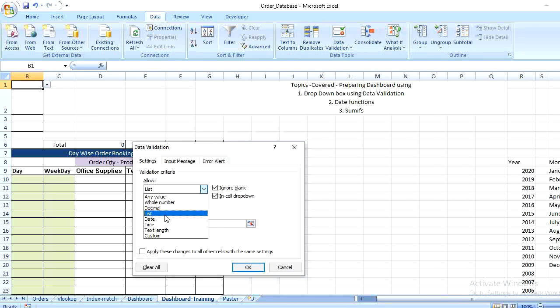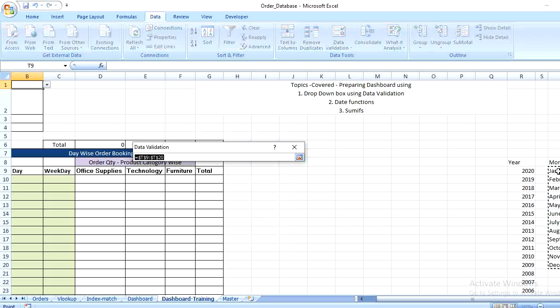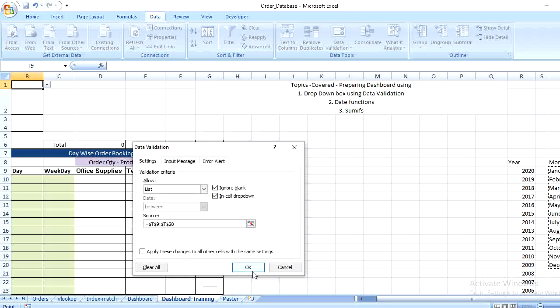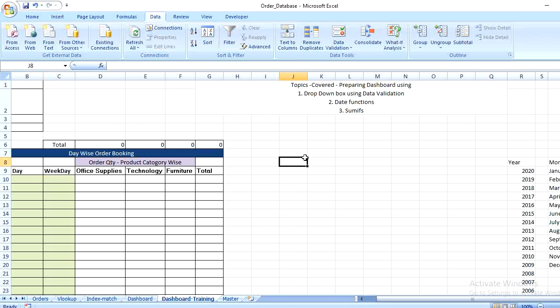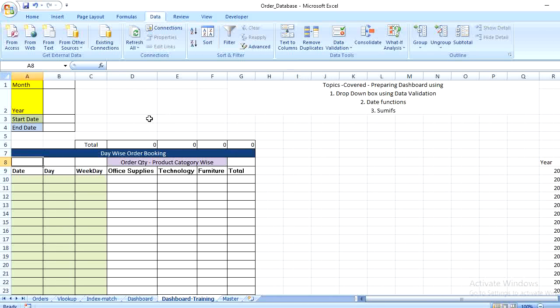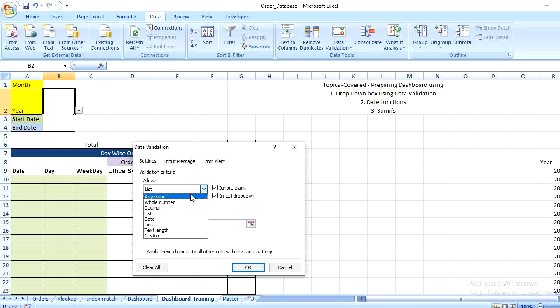Here I need to select the list, and select the range which has to be displayed there. I want my year drop-down as well, so I go to data validation again.